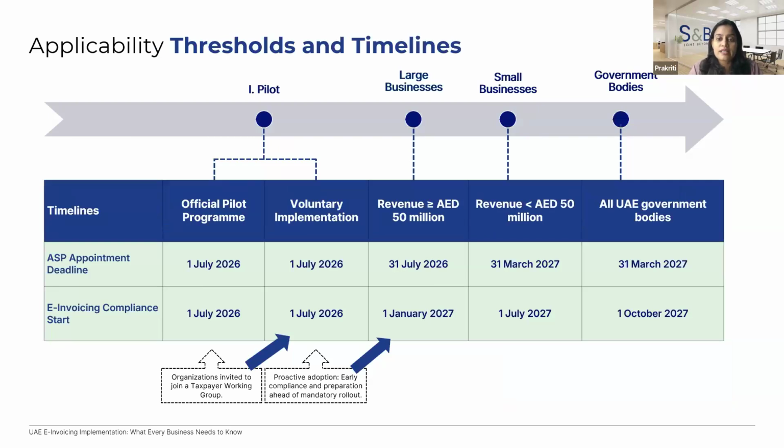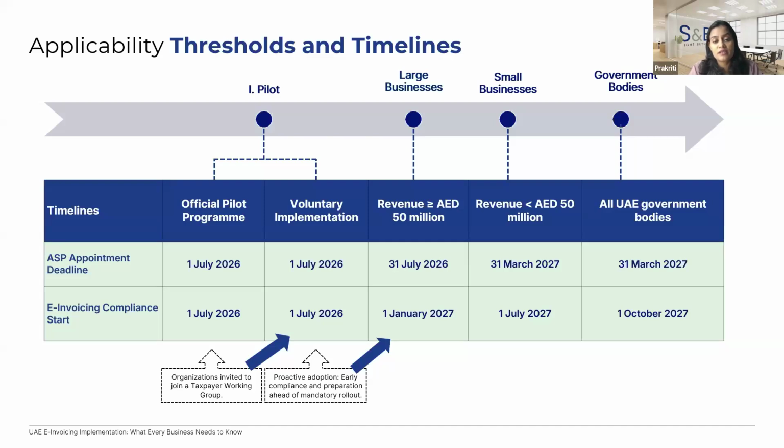There are certain countries like Singapore which start with a soft implementation, where the government says that okay, you can voluntarily adopt e-invoicing. Here it is not. And there are subsequent penal implications if you do not raise or fulfill all the mandatory requirements. For all other businesses where the threshold is less than 50 million of revenue, six months down the line, 1st July 2027, you have to start the implementation.